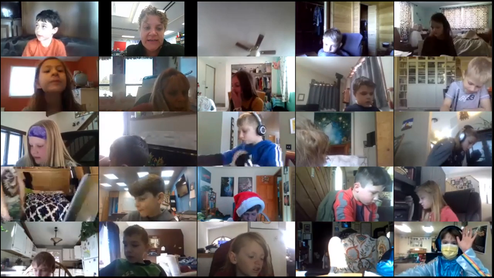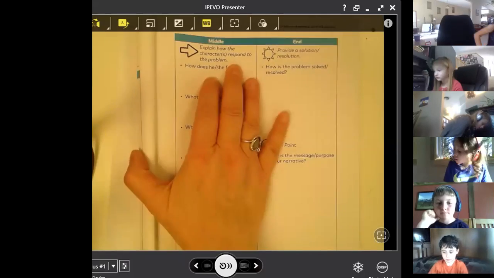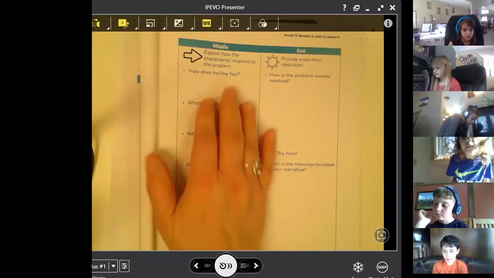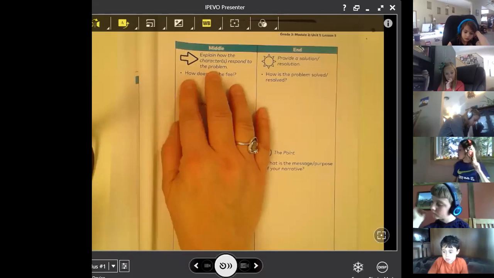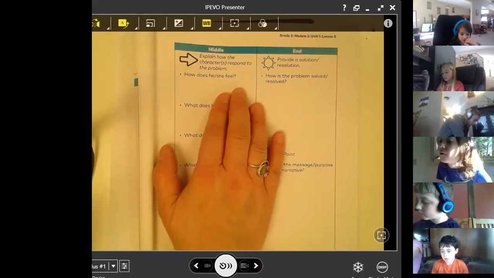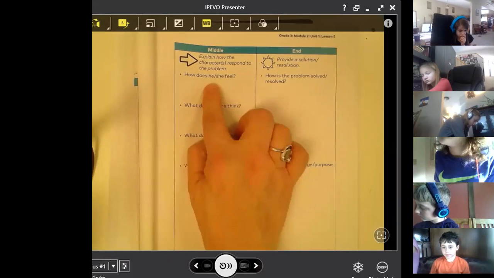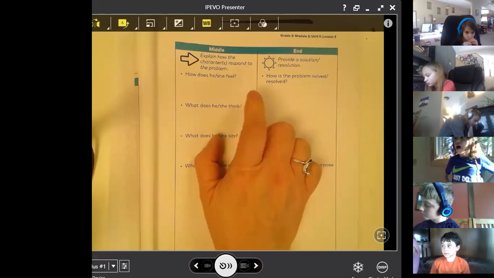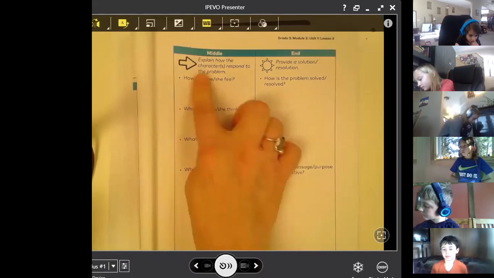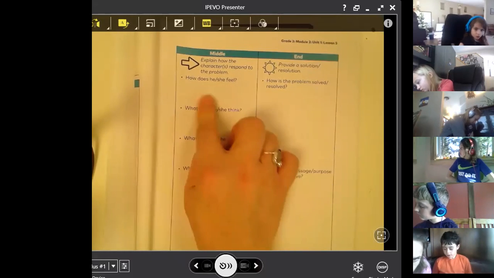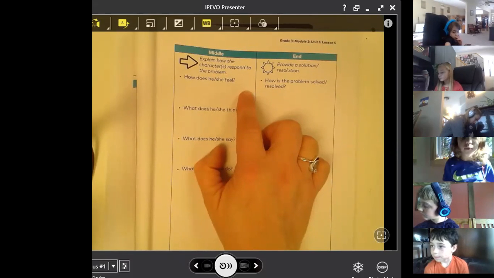Let's go back to page 19 where we are looking at, so now let's go back and think about, now here's the middle. Here's where there's going to be some action going on. How does your main character, whoever it is, how is your character feeling about being scared of the moon, being scared of the mountain lion? Are they scared? Are they brave? Are they happy? Like with a problem, usually you don't have a lot of great happy feelings, but you know, be creative. So how is your character feeling? Everybody write down some feelings that you're going to put in your story.